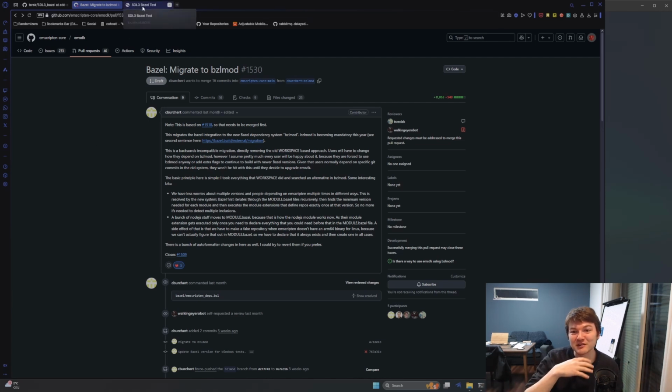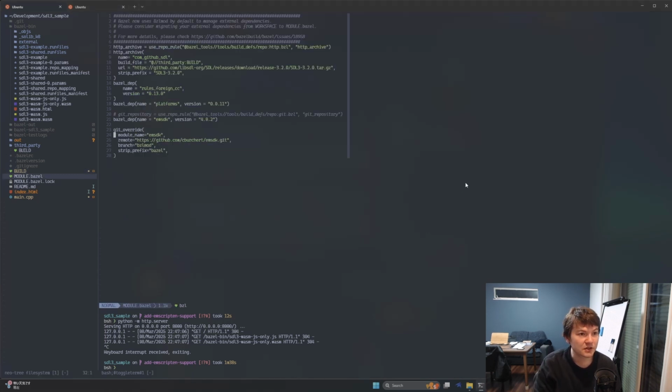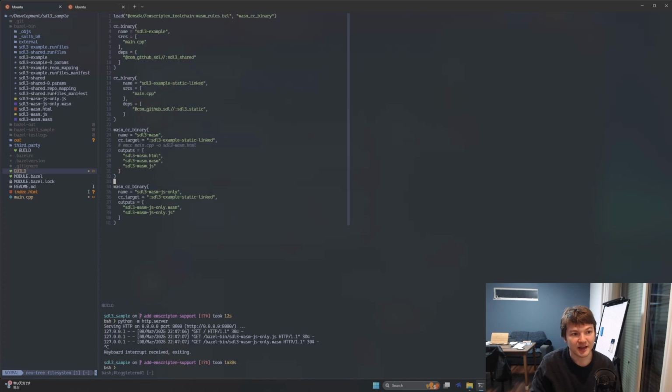Which means that we can use Emscripten as a native Bazel module, and we can leverage all of the definitions that are inside of the Emscripten SDK now. What that means for practical purposes is that as a consumer of the EMSDK, specifically this branch that the pull request is part of, we get all of the toolchains and the definitions that come with it as a Bazel module, and we can use them